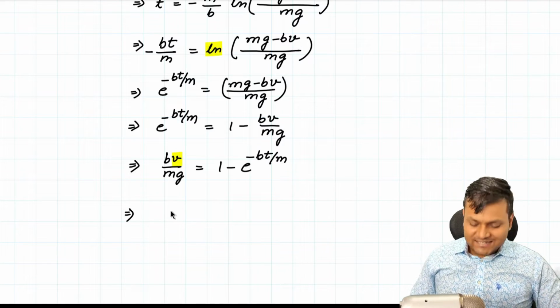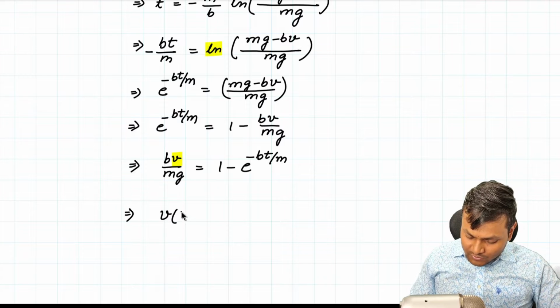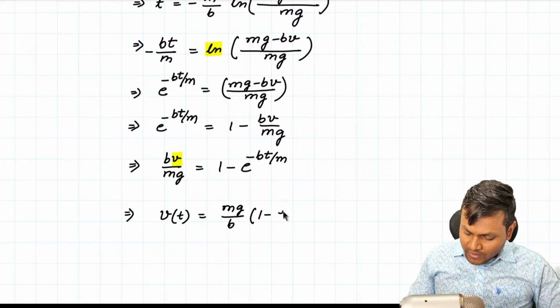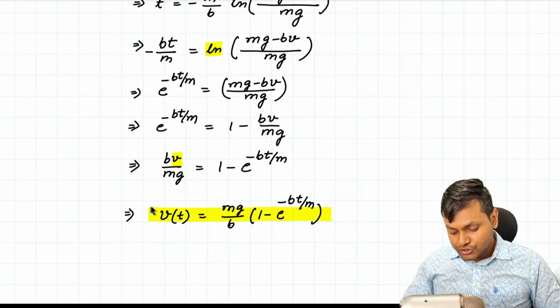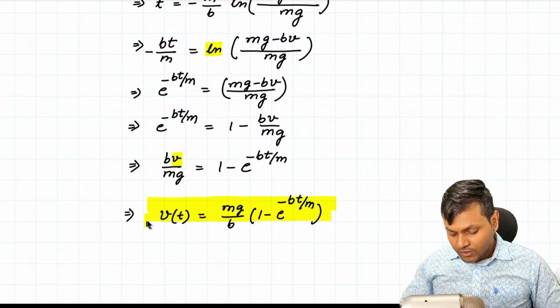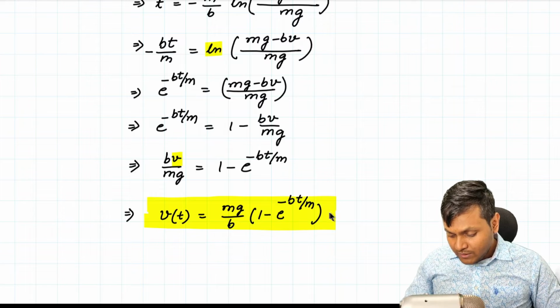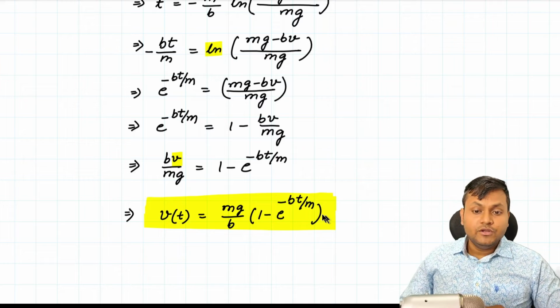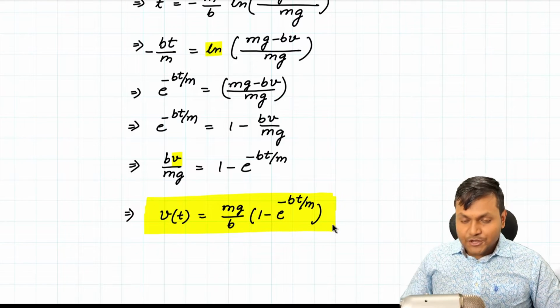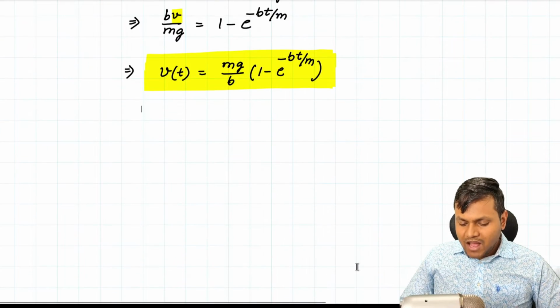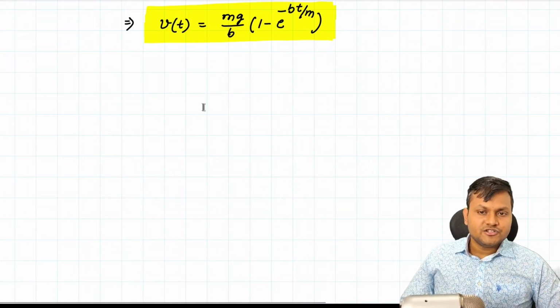The expression of the velocity finally comes out to be v of t is equal to mg upon b times (1 minus e to the power minus bt upon m). This, as it turns out, is the actual relationship of velocity of the falling object with respect to time when the object is falling through some kind of a medium that introduces a drag force directly proportional to its instantaneous velocity. Now here the mass is a constant, and g is the acceleration due to gravity, which is